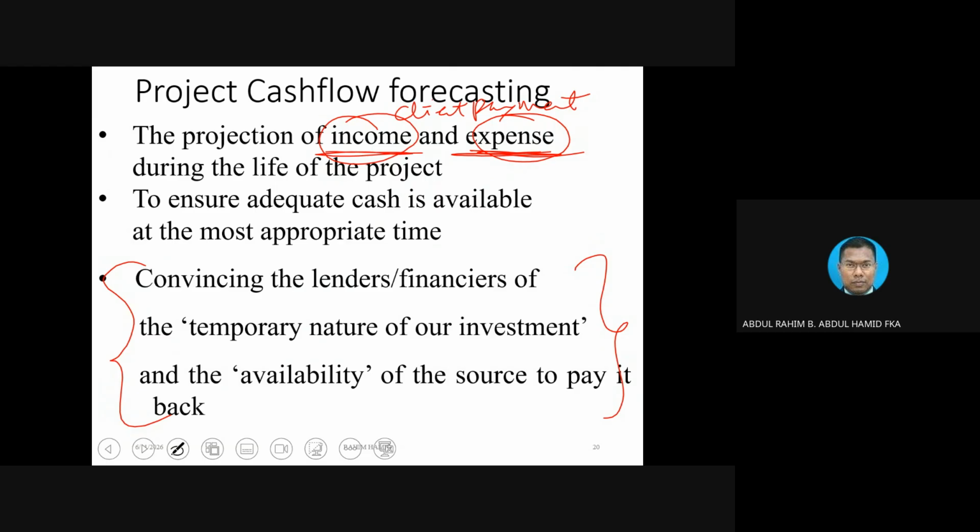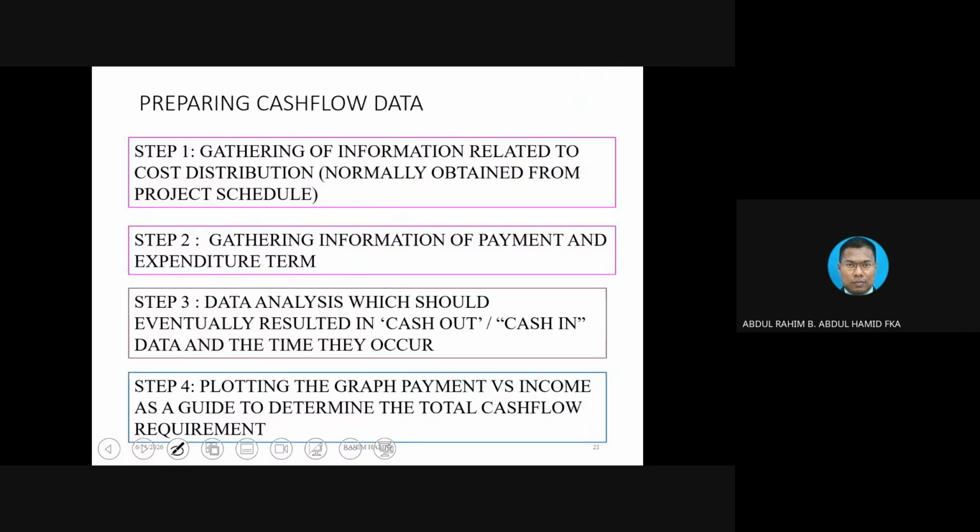Otherwise, you are going to keep paying interest. You are going to keep paying interest, and the interest amount could basically eat up your profit. So we do not want to do that. So how are we going to do the